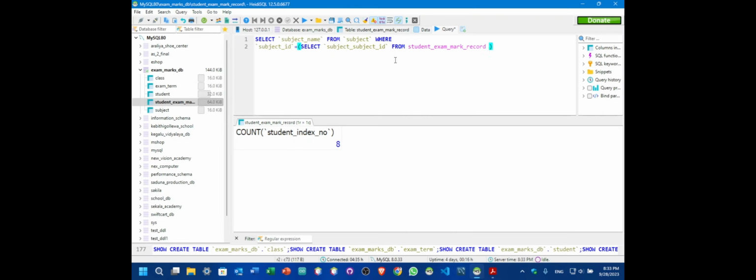Now we can enter the condition where the mark is equal to